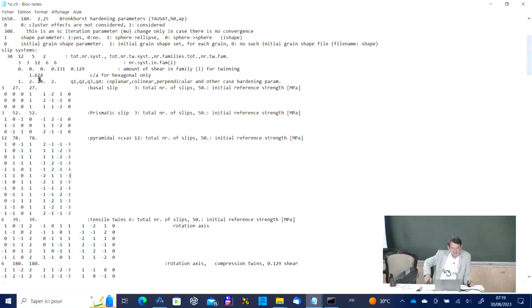We specified that the C/A ratio has to be 1.624. That's for magnesium. We specified also here that the total number of slip systems is going to be 30, which includes